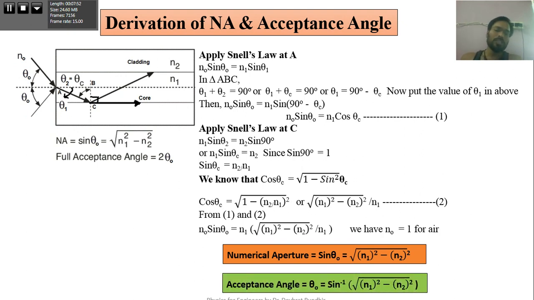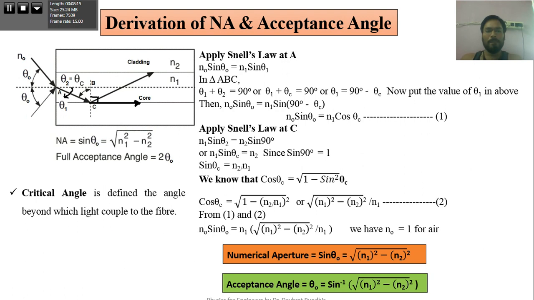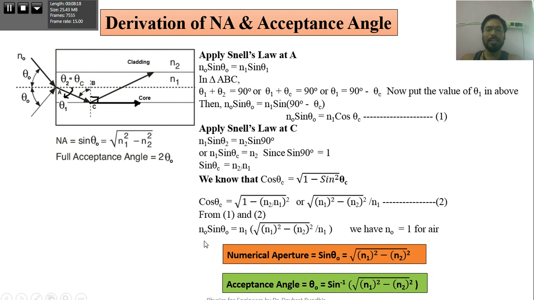Now you just take the inverse of this equation. You are just calculating this angle, this θ0, or let's say the angle I; sometimes it is denoted by I and sometimes by whatever notation. So this angle is known as the acceptance angle. Now you can understand the relation between the acceptance angle and numerical aperture: the sine of the acceptance angle is always equal to the numerical aperture. So this is a small derivation which is covered here. Now I am giving some definitions.